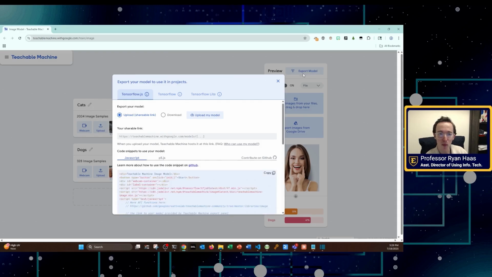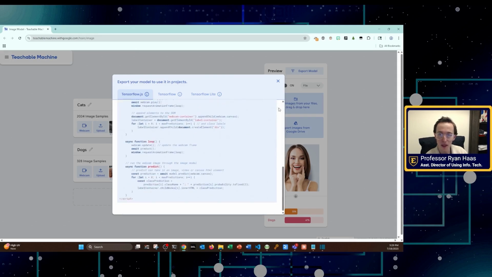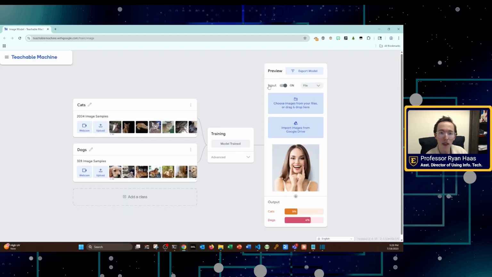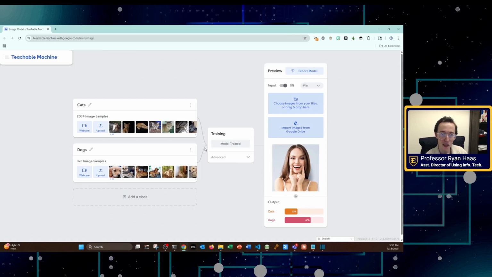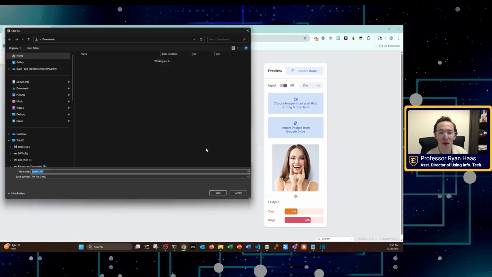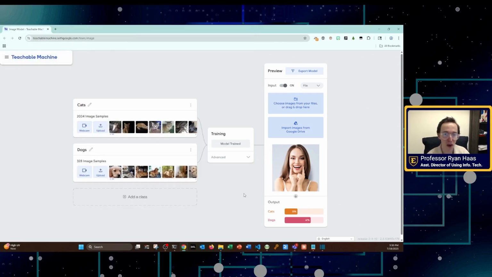And then you can click export model, and you can actually download that and share it with me. Thought there was a way. Let's see. Download project as file. I think that's the easiest way. Download that as a file and share it if you like. You share it with the class.